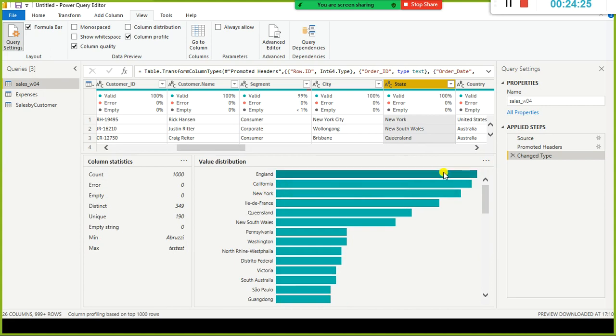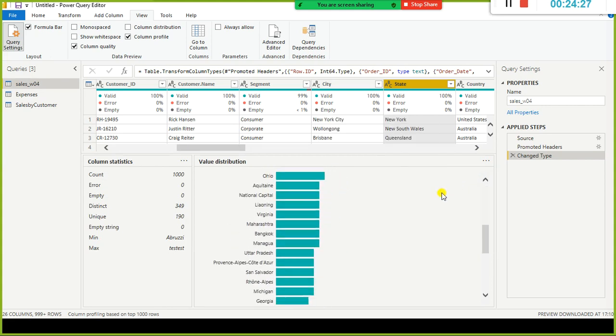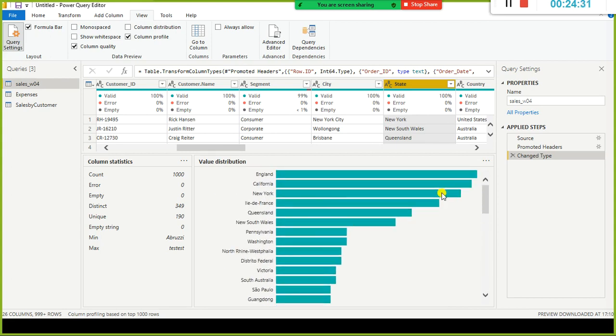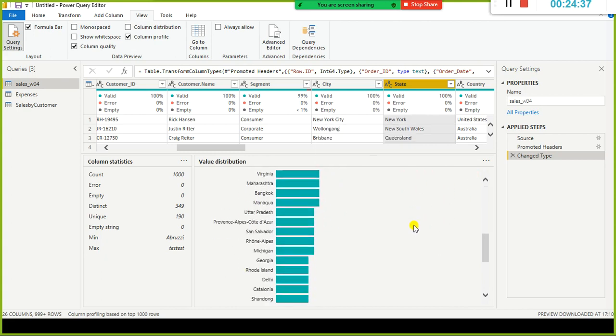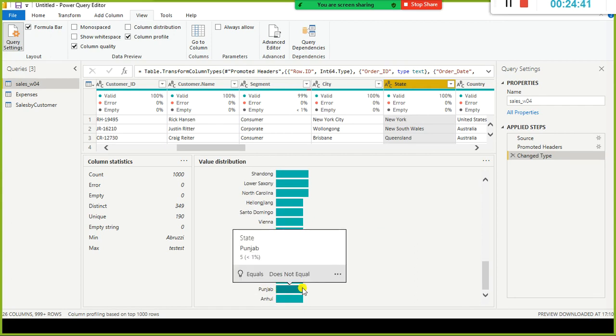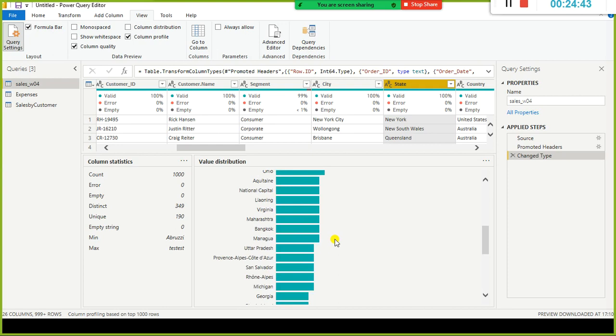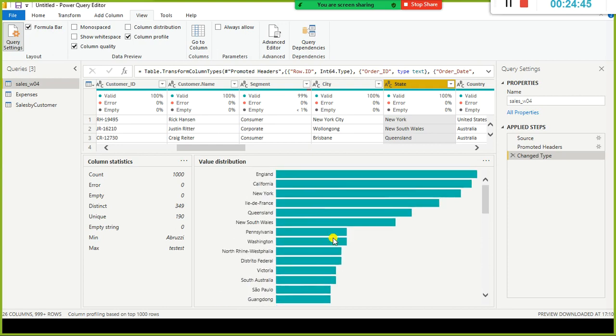With this itself, we can understand in which state the number of transactions is higher. The least number of transactions happened in Anhul, Punjab and Indiana.